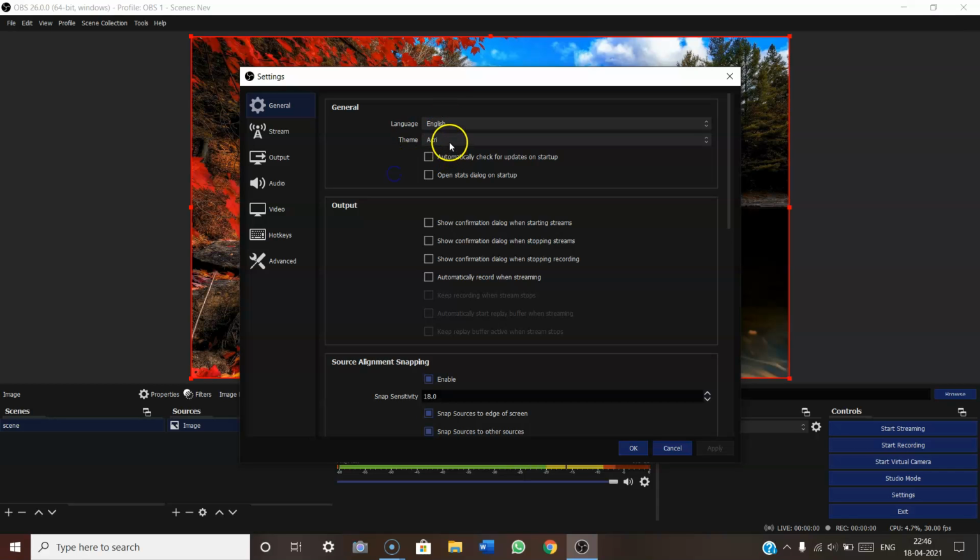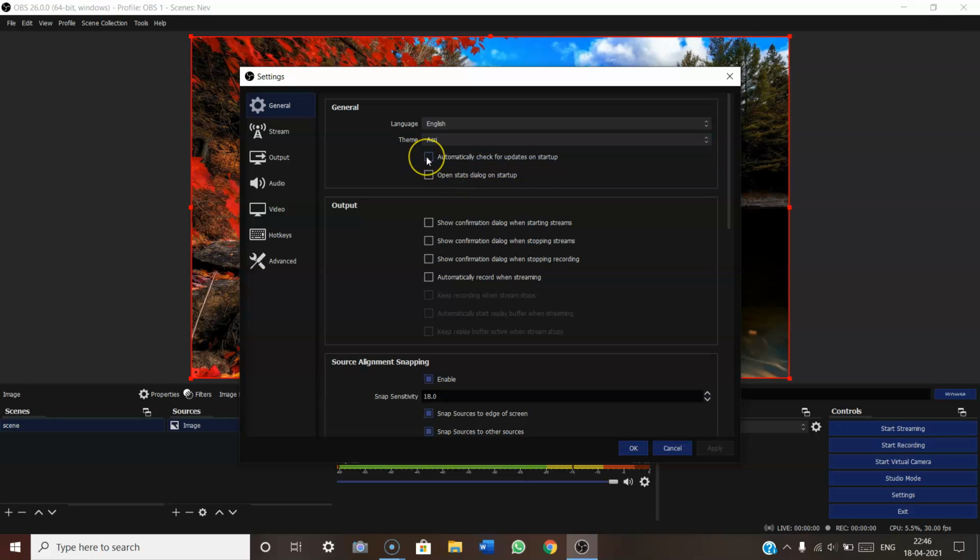And the theme is nothing but the theme or background you keep. Acri is the one which I kept, which is blue and black in color. Dark will be changed to fully dark, and Rachni is the colorful one, and system default will be the light color, which is the white color.